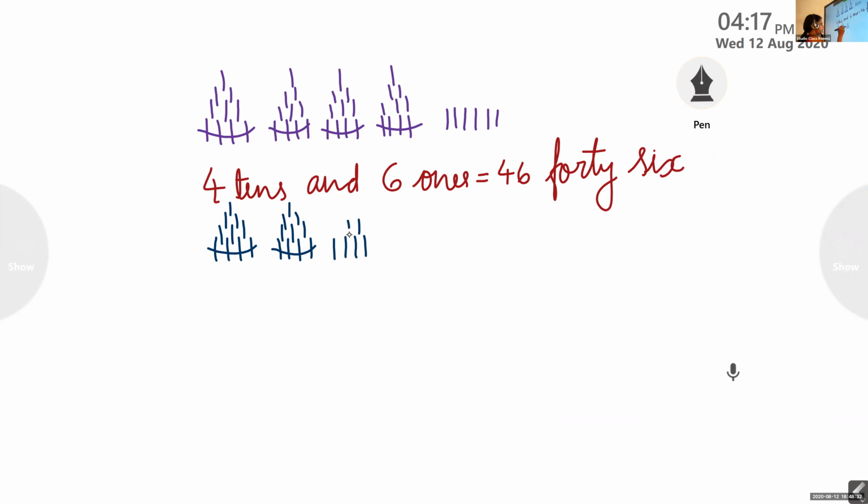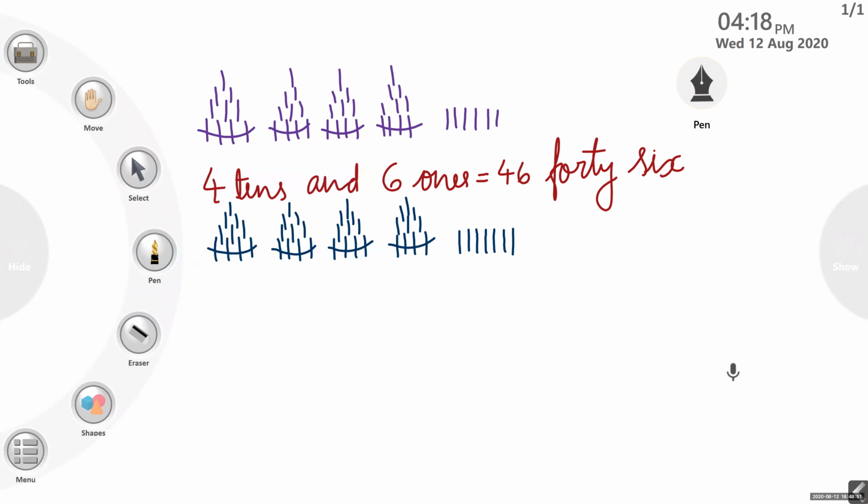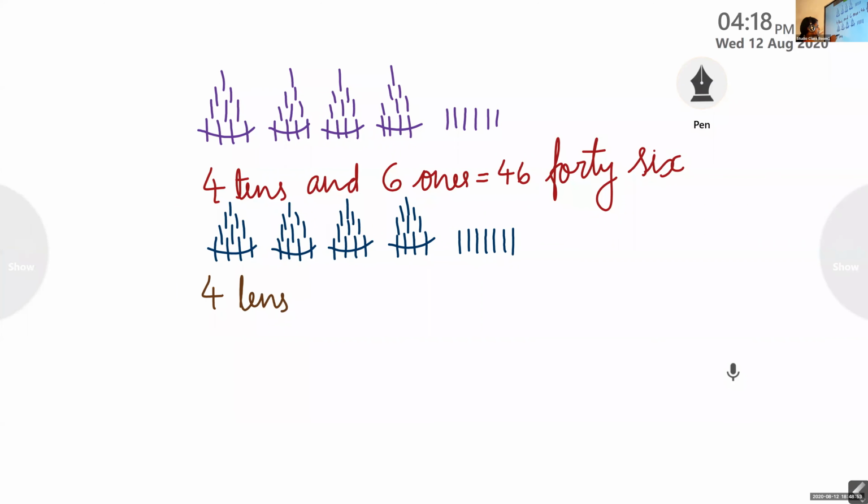Four bundles of 10 and 7 ones. 1, 2, 3, 4, 5, 6, 7. So 4 tens and 7 ones. The number is 47. The spelling of 47 is